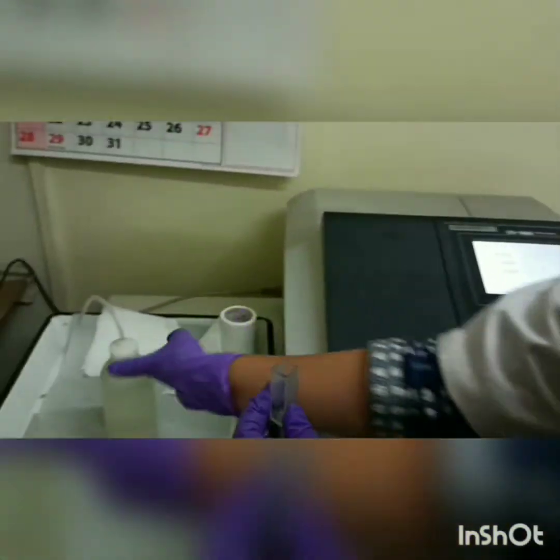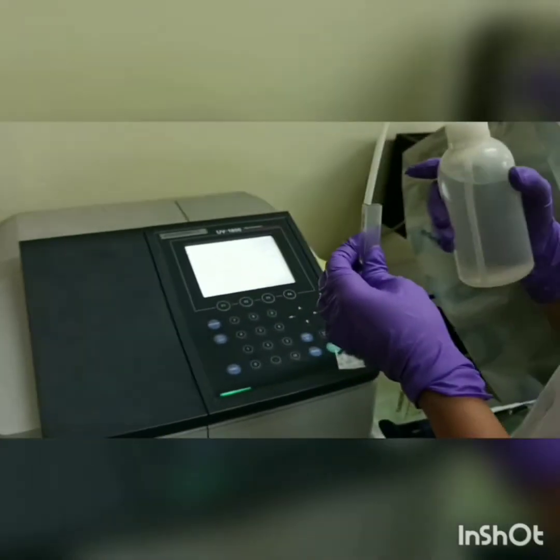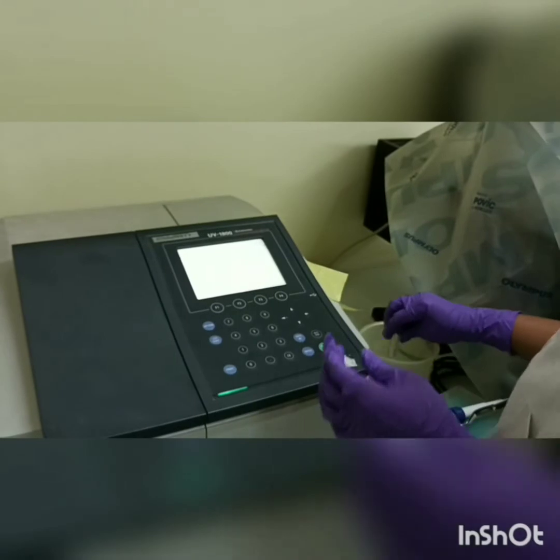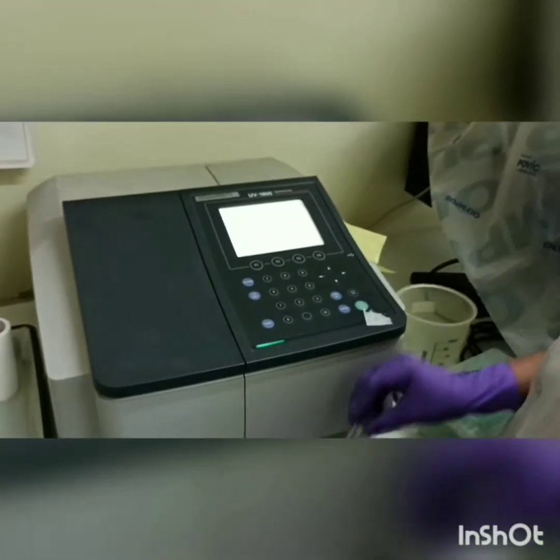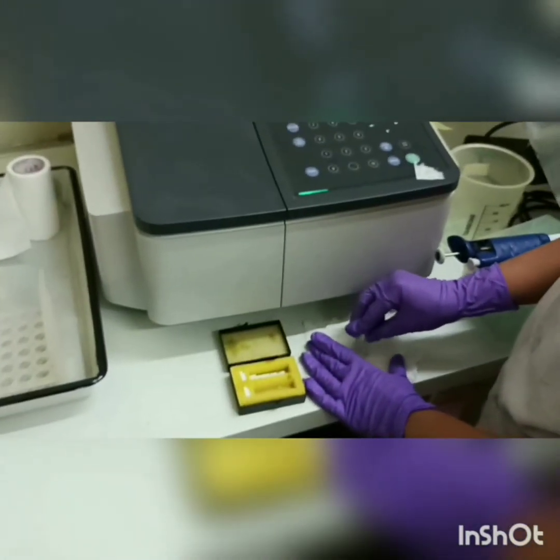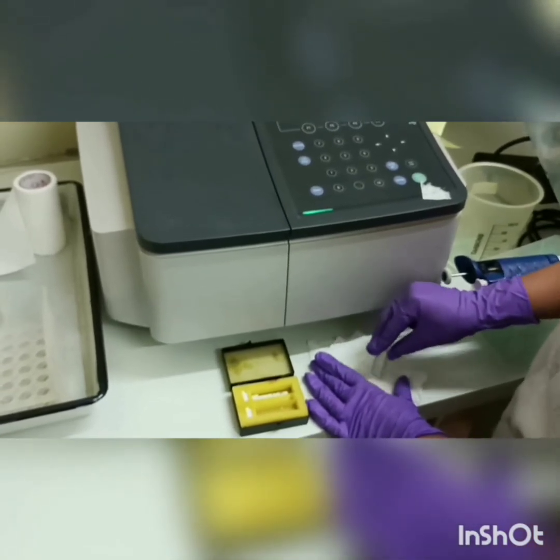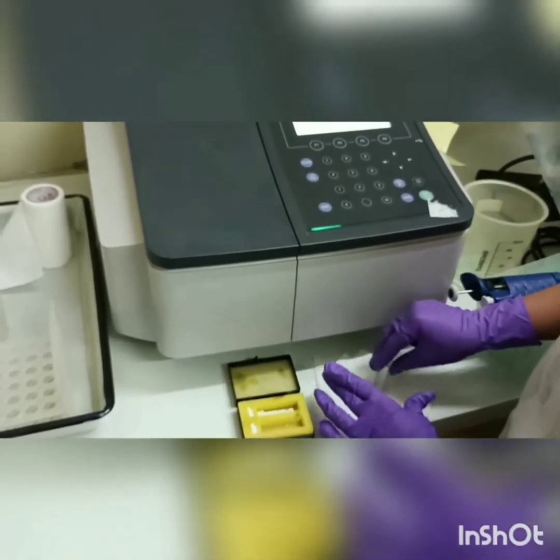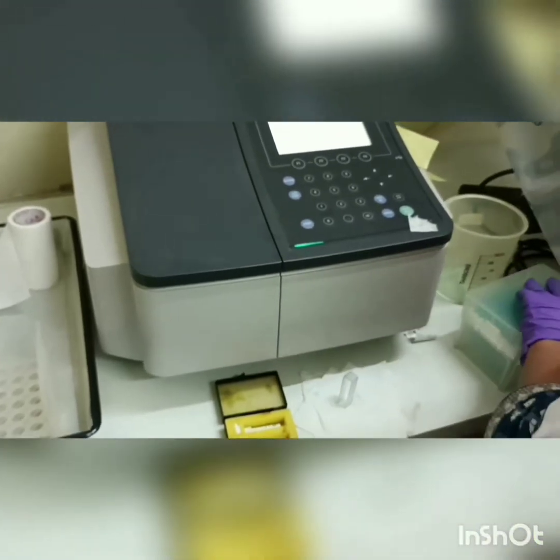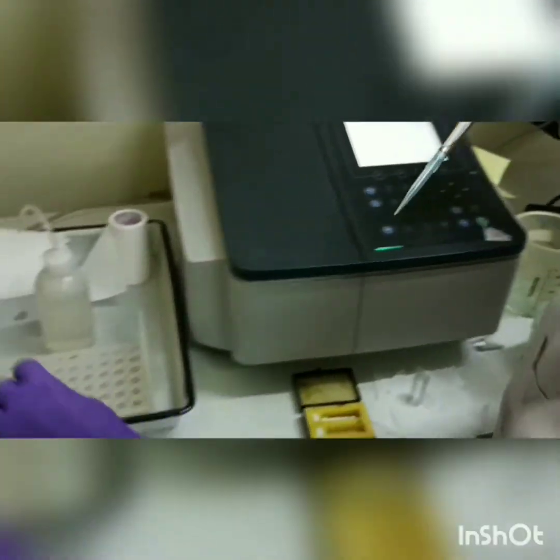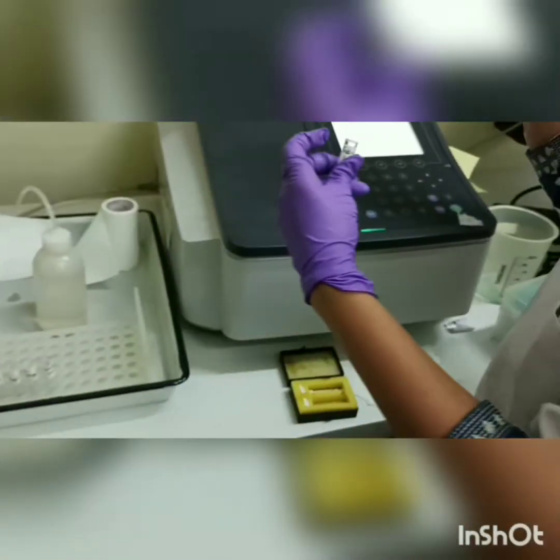Clean the cuvette with distilled water. Again tap the cuvette properly to remove the liquid. Then add the solution from the first tube.